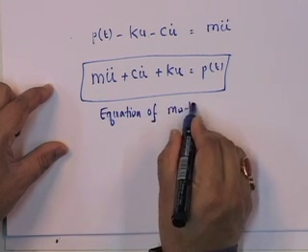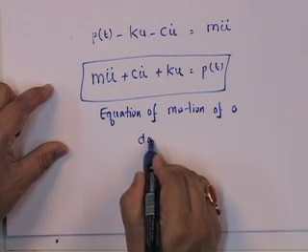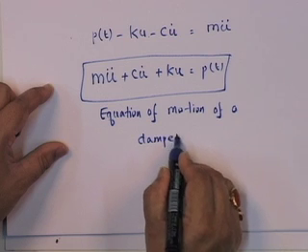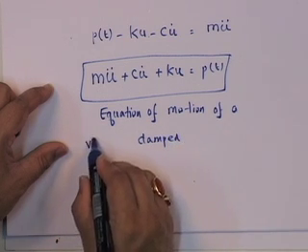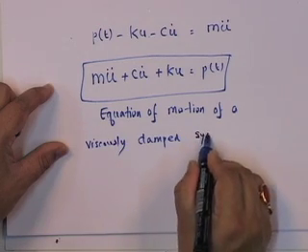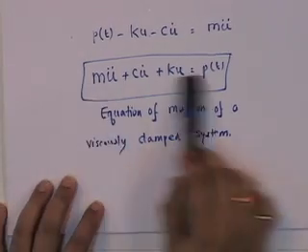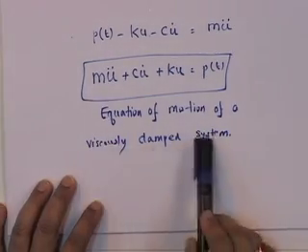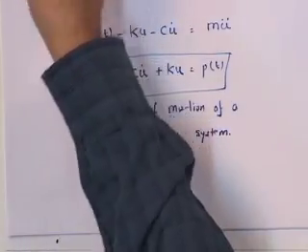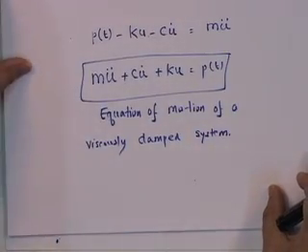of motion of a damped, should I say, viscously damped mechanical system. So, this is the equation of a viscously damped mechanical system, which is given by this. Okay. So, this is the mechanical system. So, since this is the equation, what